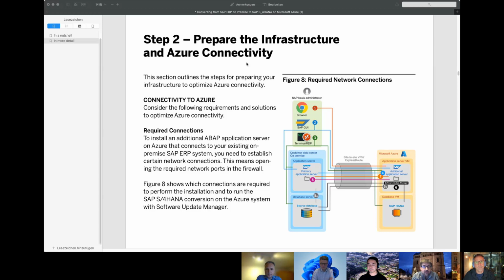Typically when customers do a migration like this, they would probably not want to invest in buying additional hardware just to get a high-performing additional application server where the Software Update Manager is running. But here they can just spin up a very powerful virtual machine, let it run there, and then once the migration is over,